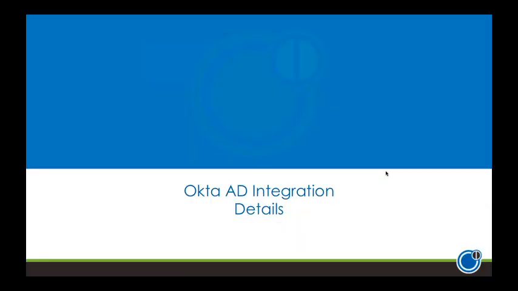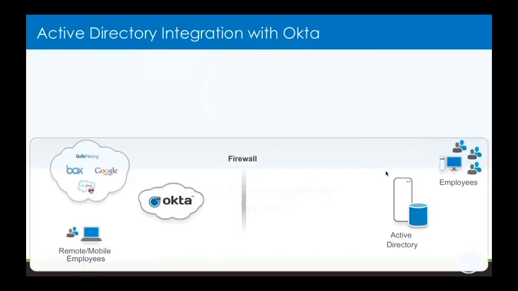The next question that normally comes up is, well, that sounds great, but how do you do it without any hardware on-prem? Because clearly, Microsoft's solution does require a lot of hardware on-prem to solve this problem. How does Okta solve that problem? And it's really, really simple, and I'd encourage you all to have a look at this after the webinar as well. So if we look at a typical environment here, we've got AD running behind the firewall there